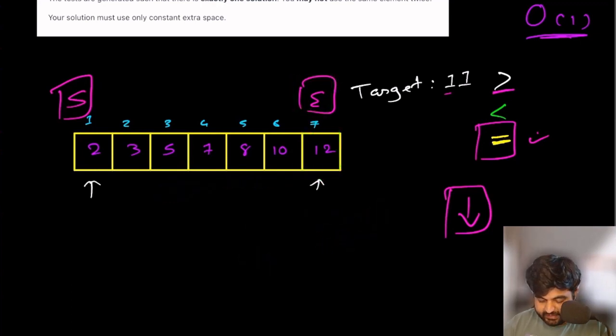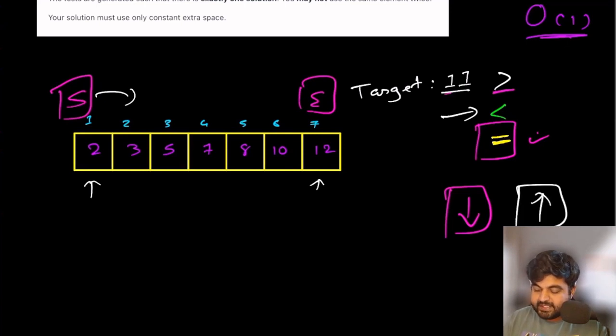Same way, in this scenario, if we identify that the sum is actually less than the target sum, then we need to update our start pointer to move one step towards the right, because that is how we would be able to increase the sum of the starting and ending indices, and it would bring us closer to the target value. And the moment we reach the equal case, we can return the answer immediately. So let's see this in action.